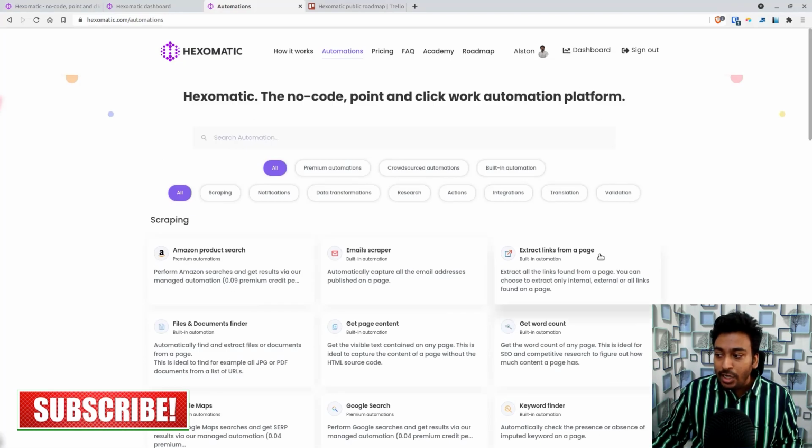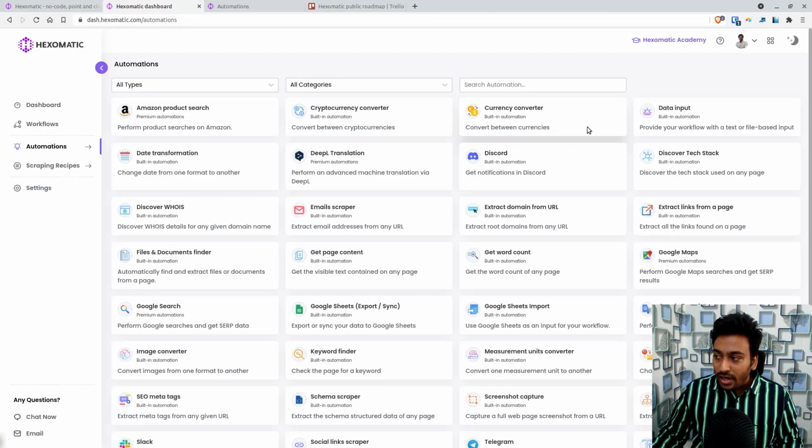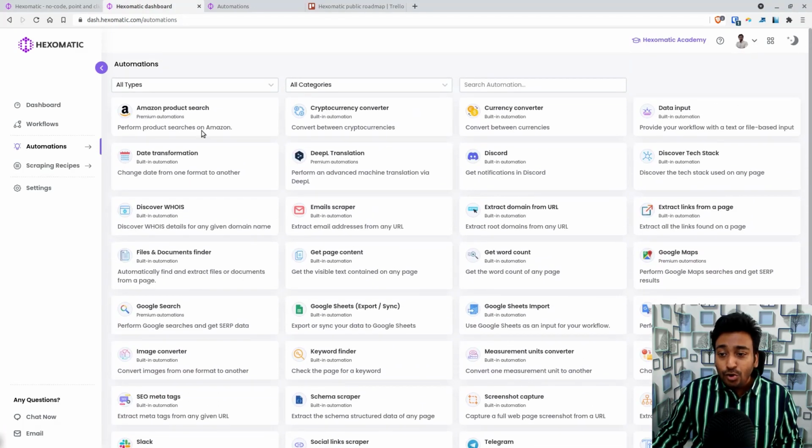So you can get an idea of what things are available from the automation page itself, and you just get the idea, you don't need to do anything from here. You will use workflows to create your automation, where you use one or more of these modules to get the data or results you want.